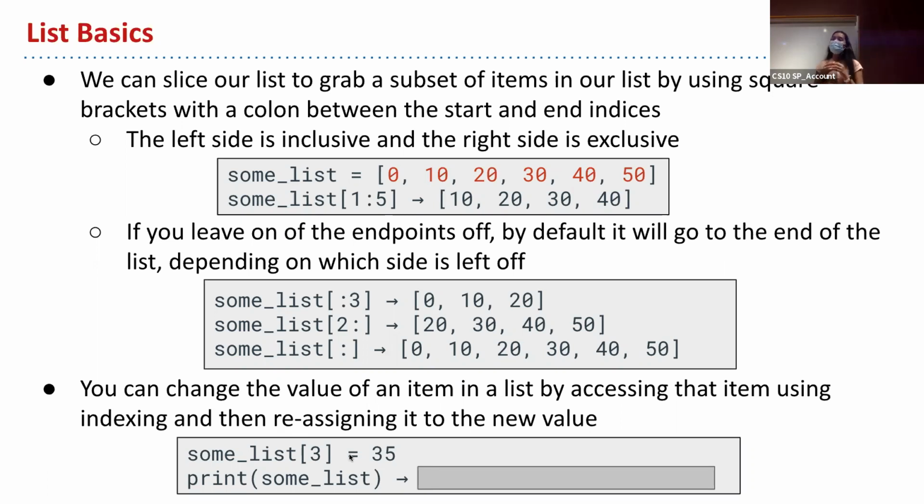So remember, an equal sign in Python is called an assignment operator. It assigns values. And Maddie talked about this yesterday, but if you have 2 equal signs, that's going to give you a Boolean. That's going to check if values are equal. But we're not using that here. We're actually just assigning index 3 of some list to be 35. So now what is our list going to look like if we reprint this after making this change?